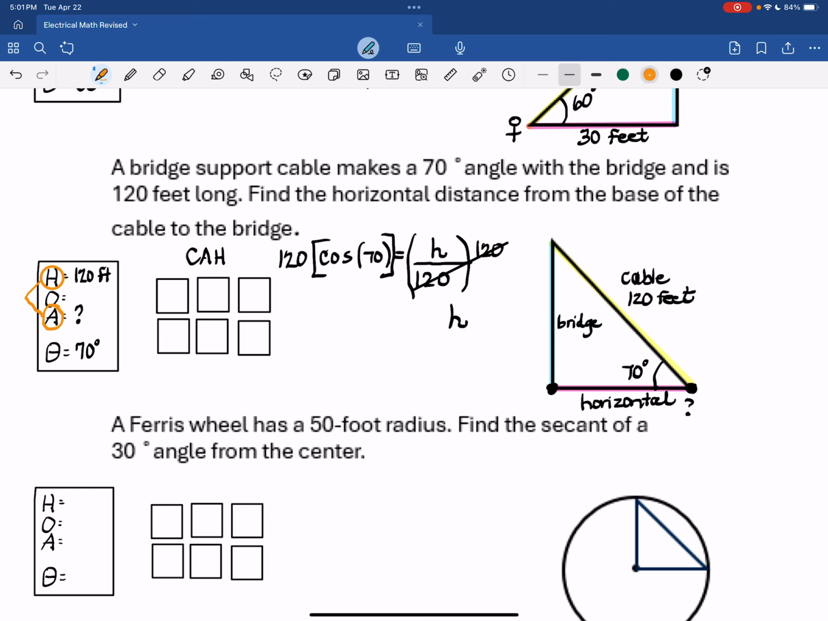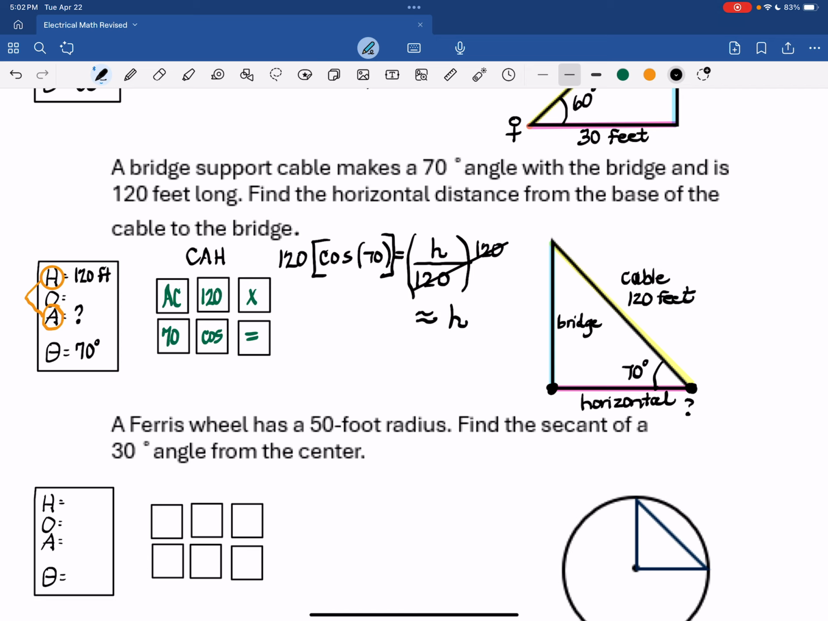We want to say all clear always first. Then 120 times cos, sorry, I'm used to a TI, 70, and then cos. Don't forget equals. You've got to put the number before the cosine. So we have all clear, 120 times 70 cos, equals